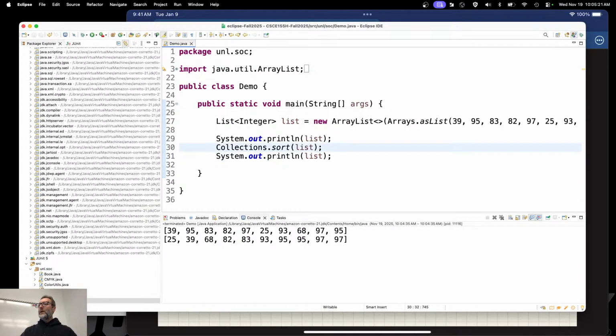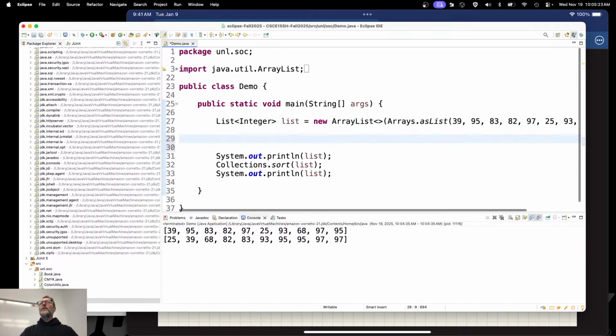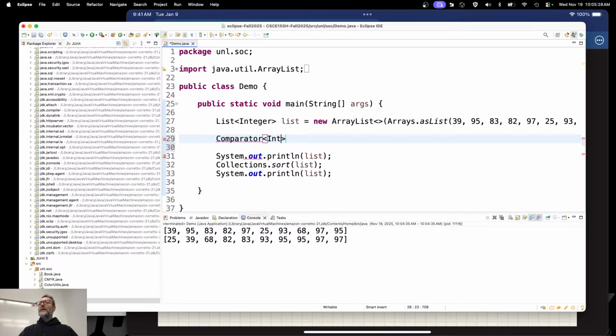All right. So what I need is a comparator for integers. Comparator, right? And integer. Right? That's the class, okay? I'm going to go ahead and import this. It's in java.util, so it's not automatically part of the language, right? And I'll call this one, just like I did the other one, CMP for integers in descending order. I'm not going to write one for ascending order because that's the default ordering. That's what Java refers to as the natural ordering. Actually, every language will refer to it as the natural ordering, ascending order.